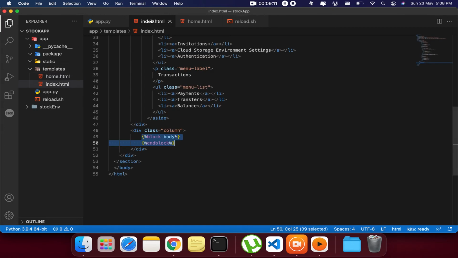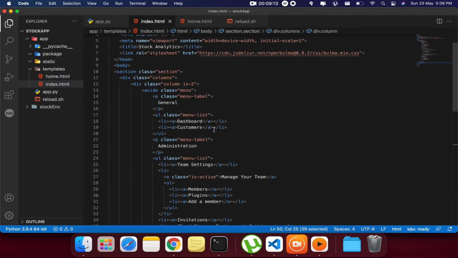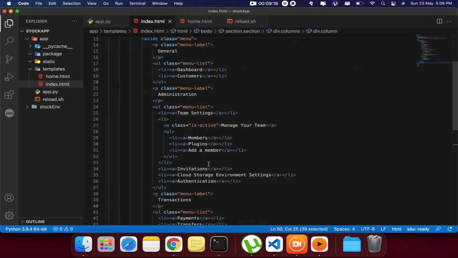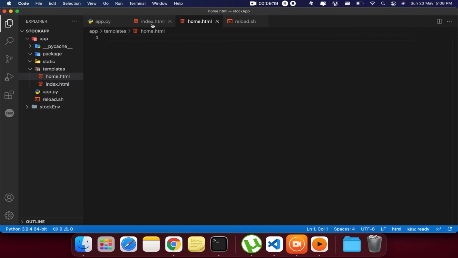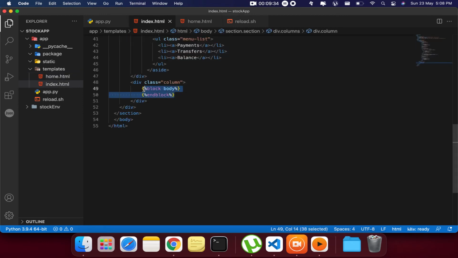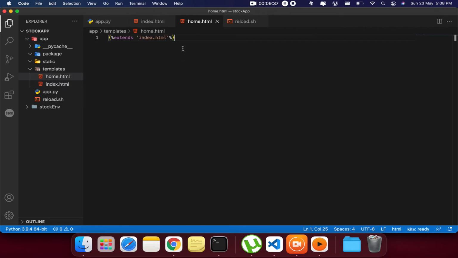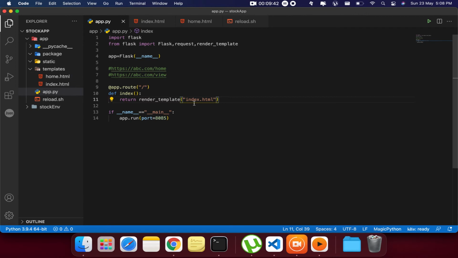Okay, in the home.html we first want to import, or inherit, this actual index page, right? So what I will do here is extends index.html. Okay, and we will copy the index.html, take this block tag from here and put it here, right? And now instead of app.py we will use home.html. Okay, let's go,